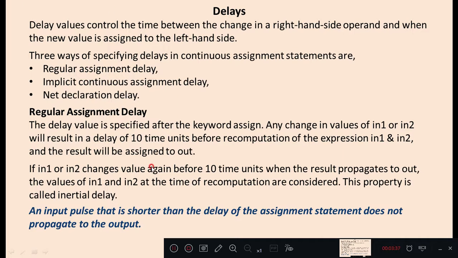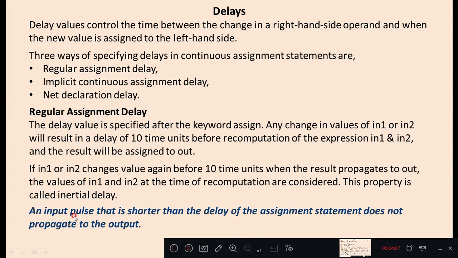One more important observation: #10 also corresponds to the minimum width of the value. The values in1 and in2 should remain high or low for a minimum time duration of 10 time units. If it is lesser than 10 time units, then that sudden change in input pulse is neglected as noise.